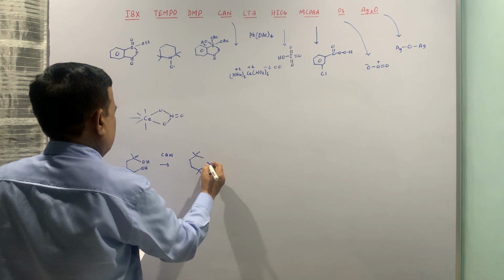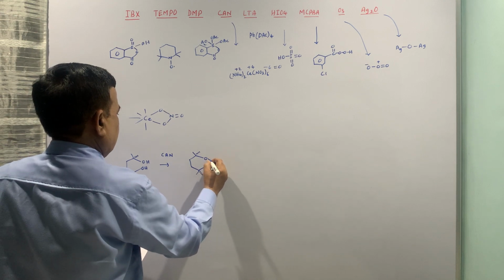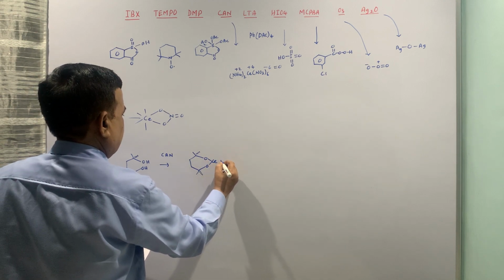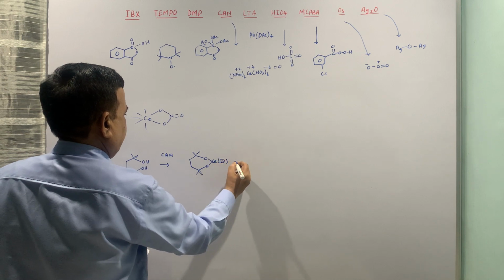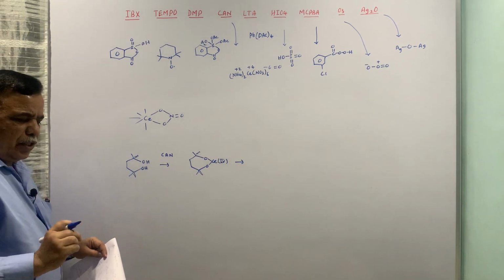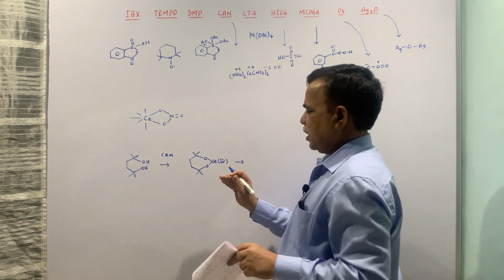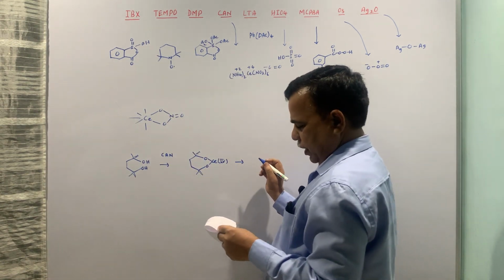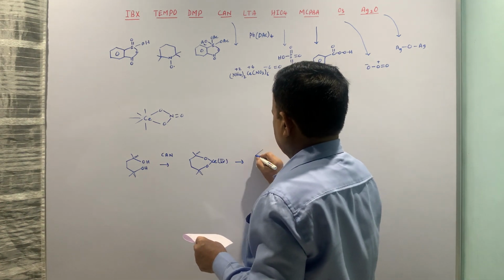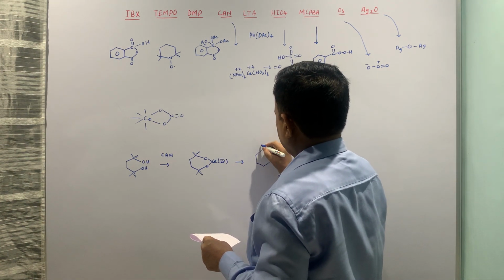I am not putting the groups, actually some groups are there, but this is the cerium complex for plus 4. The oxidation number remains the same because you are having so many bonds. And now from here this breaks into another